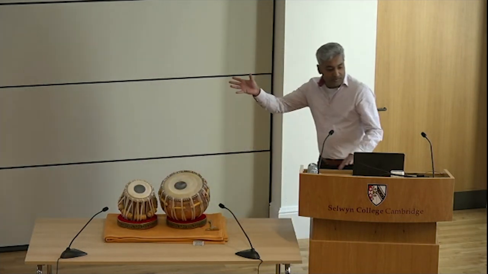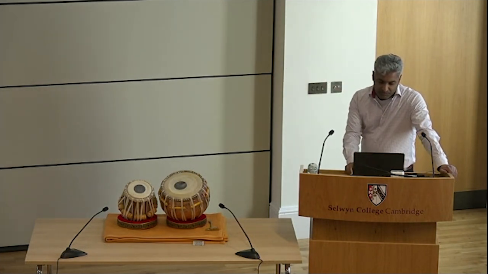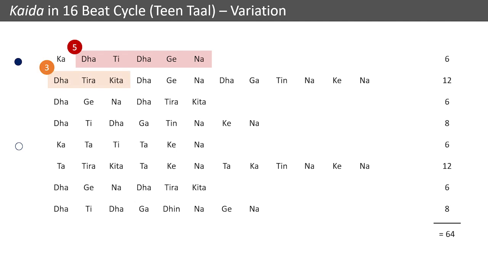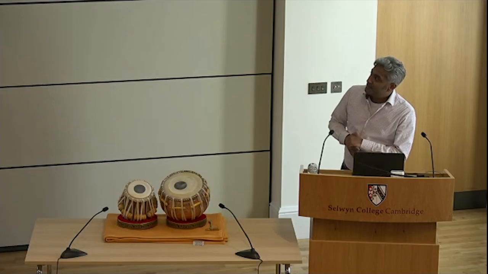Yeah, so that was the entire composition we just saw over here. Another example will follow this, but very briefly, you can identify a few phrases from the original composition. So, dhati dhagena, the 5-beat phrase, dhatirikita, the 3-beat phrase, dhaga tinna kena, the 6-beat phrase, dhati, the 2-beat phrase, dhatirikita once again, and dhaga tinna kena, the 6-beat phrase. If I were to now give this to you and say, improvise and build me something else, you would take these and shuffle them around in your head and try and play them at reasonable speed.